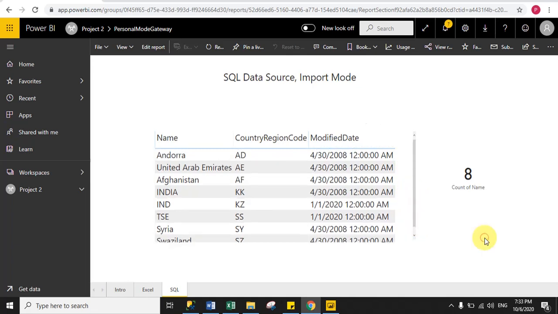See, that is called manual refresh, because now we successfully installed the gateway, and the gateway provides the connection between your on-premises data source and the Power BI service cloud. If you want to refresh at a particular time, then you can add the time under the schedule refresh section. And if you want a manual refresh, just go to the dataset section and you can refresh manually. So in both cases you will get updated data because we successfully installed the gateway.